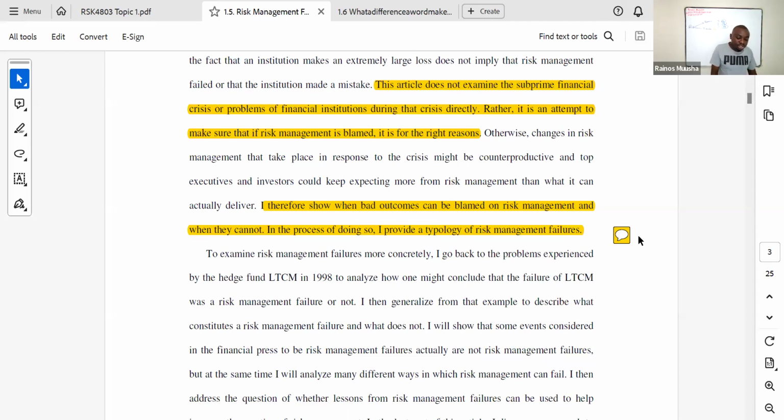This question is also going to be explained in detail when we look at study unit 2.8. Because we're basically saying, as an organization, you need to be able to understand exactly in which situations we can say there was a risk management failure because there was a bad outcome. Because remember, bad outcomes are not always going to be the result of risk management failures, as we will see when we look at unit 2.8,